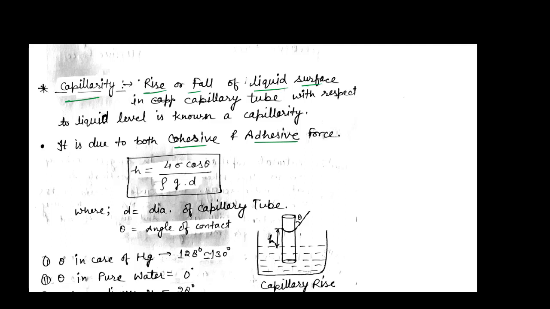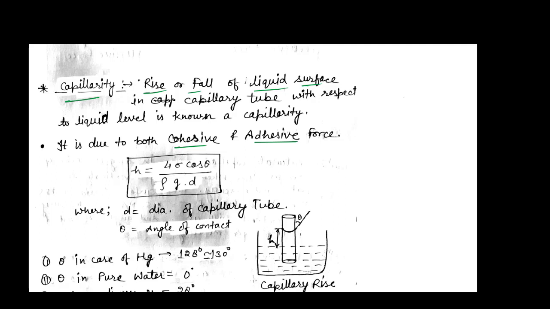As we studied in the last lecture, there are two forces acting: one is cohesive, another is adhesive. So capillarity can be due to both the cohesive and adhesive nature. Capillary action can be seen in an experiment when we dip one end of a towel into water and after some time the whole towel gets wetted. It is capillary action, in which the water flows against gravity.